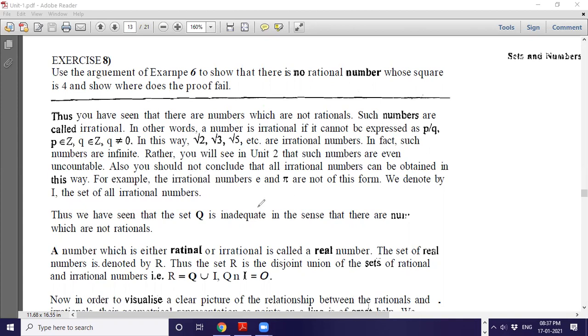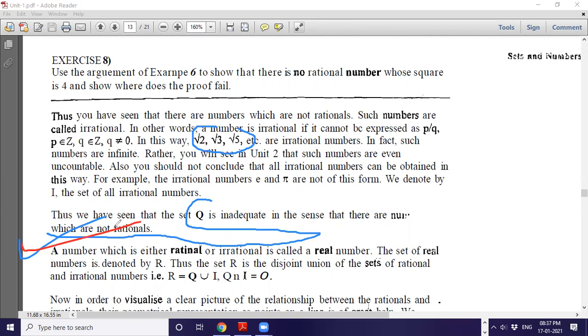One thing you got, that Q is inadequate in the sense that there are numbers which are not rational. So Q से भी एक बड़ा एक सेट होगा जो ये सारे जो नंबर्स हैं जिसको हम रैशनली इंक्लूड नहीं कर पा रहे हैं, that can be included. ठीक है, तो इसके बाद आते हैं हम मेन डेफिनेशन में, and let's come to the main fact that we